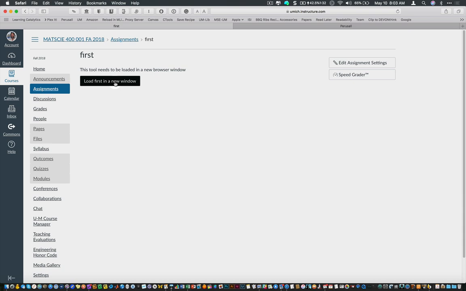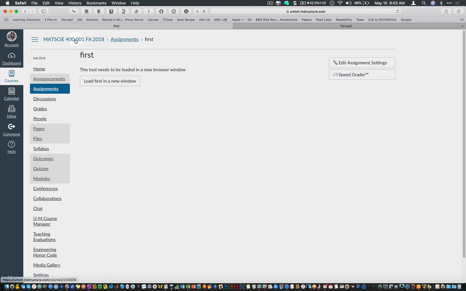Now here's one gotcha. If you've used Perusall before, or if you have an instructor account, when you do this, you're going to get an error. That's okay. Get the error, go to your email, and you'll get an email from Perusall in about 2 or 3 minutes that says you've tried to create a course with an account that you already have. Would you like to merge these accounts? Click Yes. Then when you come back and click on that assignment, and I'll show you how that's done because